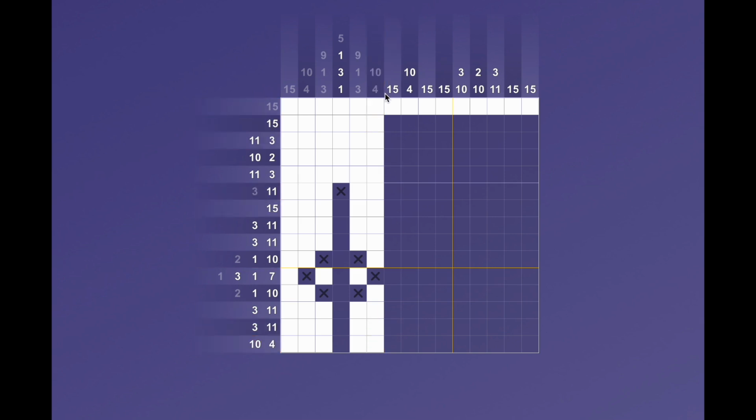This next column has 15. 1, 2, 3, 4, 5, 6, 7, 8, 9,